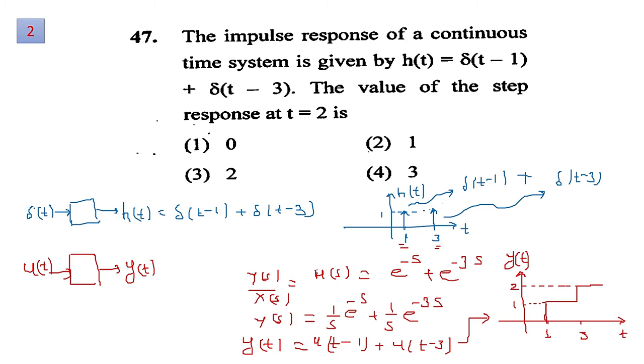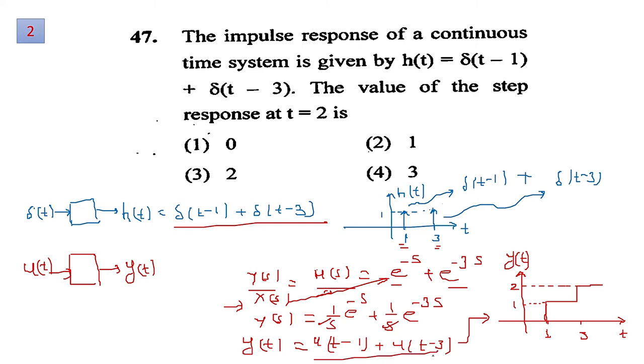So you can use the Laplace transform expressions to find the output. From the given impulse response, the transfer function of the system, H of s, can be obtained by taking the Laplace transform of the unit impulse response. That will be e to the power minus s plus e to the power minus 3s, which is output over input in the s domain. Now your input is a unit step, so its Laplace transform is 1 over s. When you cross multiply, there will be 1 by s with the two different exponential parts, and then it can be converted to the time domain. Then you will get this expression.